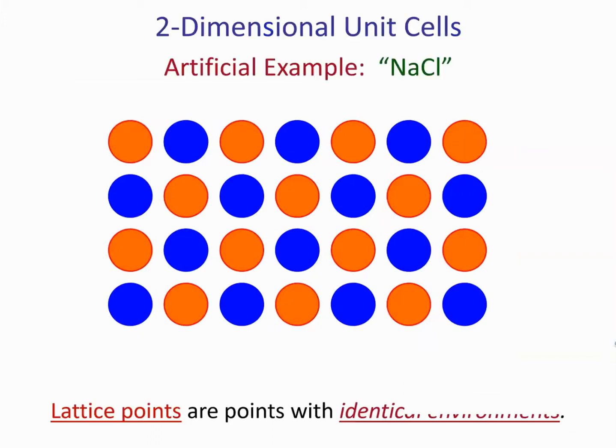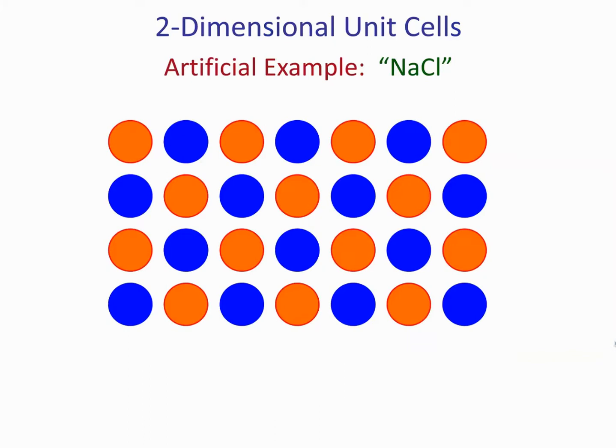So now I have one artificial example, sodium chloride. Let's say the orange one is a sodium, and then the blue one is a